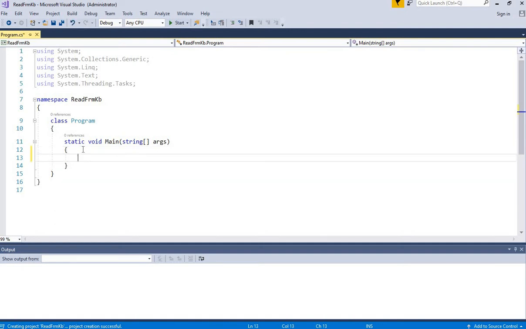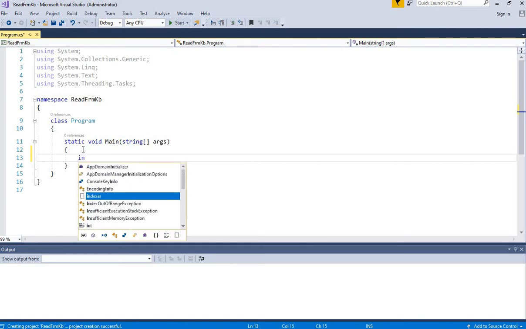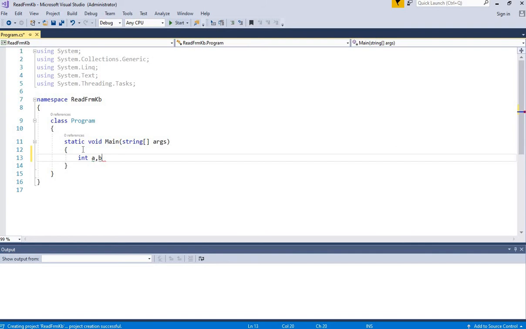The first work we are going to do is decide what type of data you want to read from the keyboard. I'm thinking that I will go for a number type of data, which can be an integer. You may have decimal type of data also if you go for float or double. If you want to take any string type of information like characters or sentences, you can take string type of data directly. More about this we will discuss in the coming sessions also. We are going to see only how to read the data from the keyboard in this small program. So I'm declaring two variables, a and b.